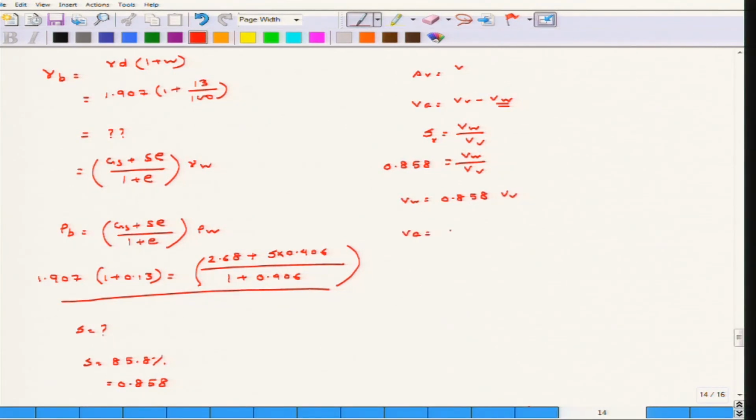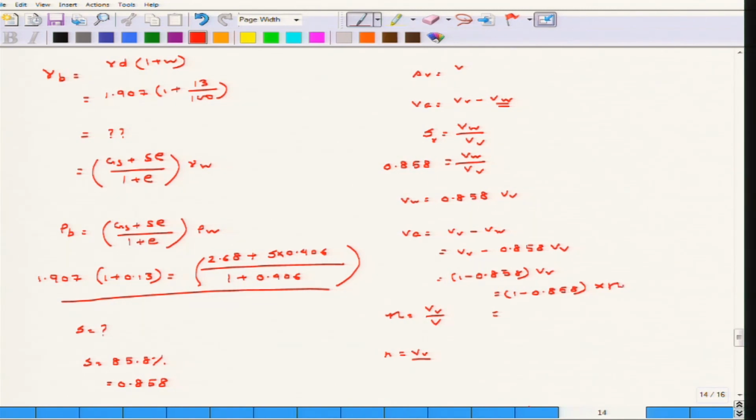So, volume of air is equal to volume of voids minus volume of water, which is equal to volume of voids minus 0.858 into volume of voids. So, 1 minus 0.858 into volume of voids. Now, volume of voids you can find out from porosity itself, where porosity is equivalent to Vv by V, where you assume the total volume of the soil to be 1. So, the porosity itself is the volume of voids. So, this can be found out as 1 minus 0.858 into 1